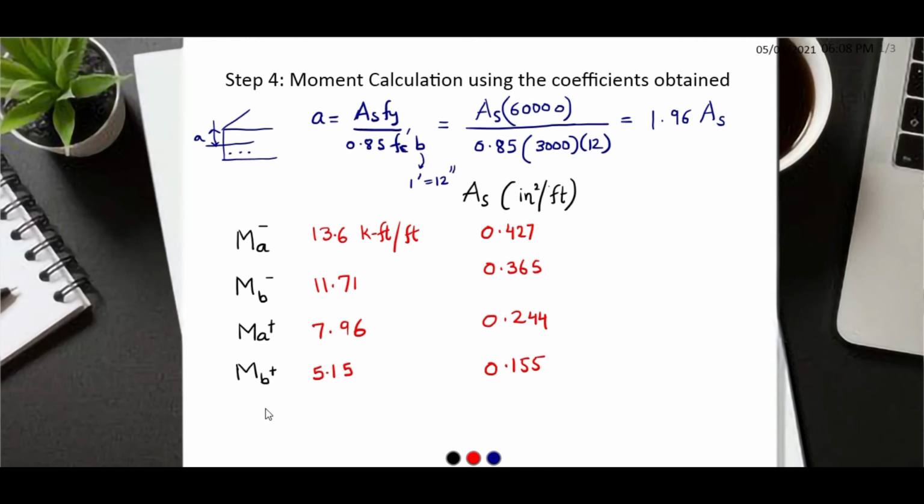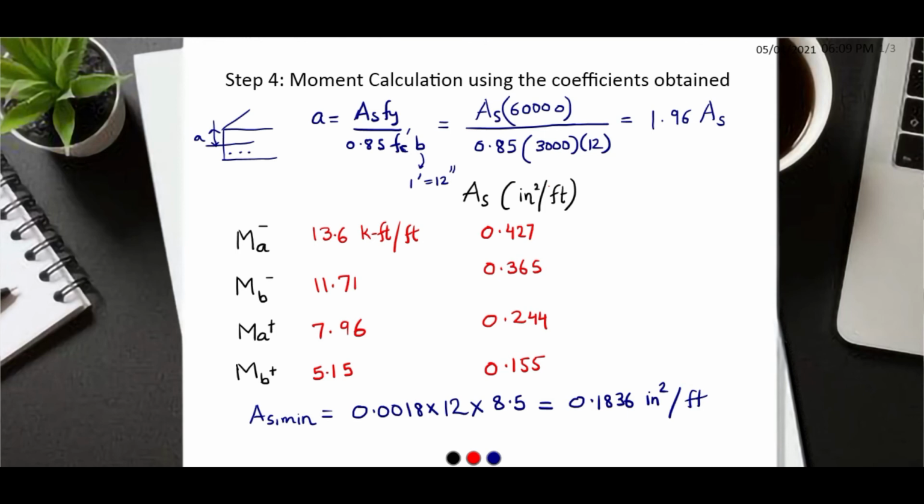Now let us find the minimum area of steel required, and check whether there is any value which is lesser than the minimum area of steel or not. So area of steel minimum in slabs is 0.18% of gross area. That means 0.0018 times B into H. B is 1 foot, which is 12 inch because we are designing it per foot, and thickness is 8.5 inch. This comes out to be 0.1836 inch square